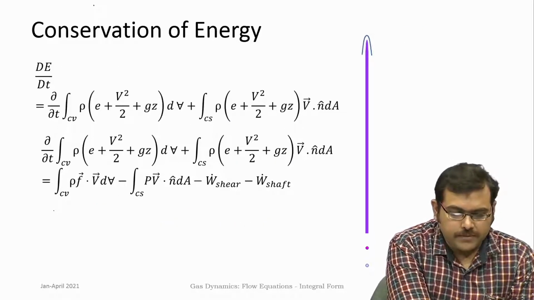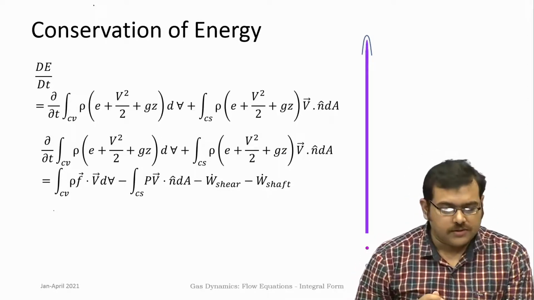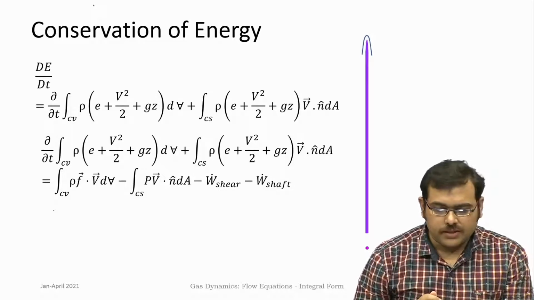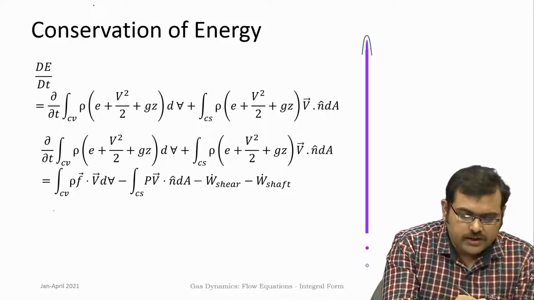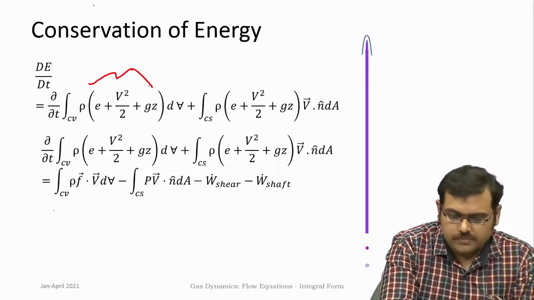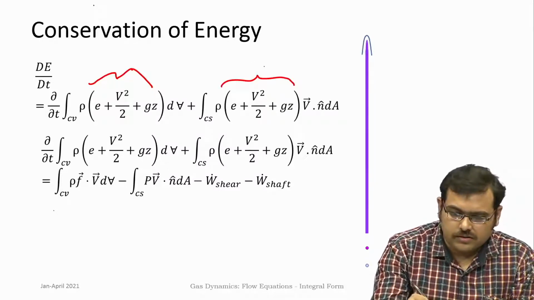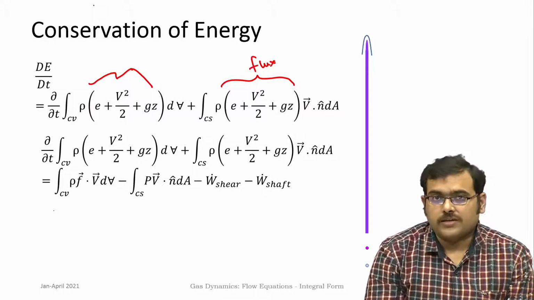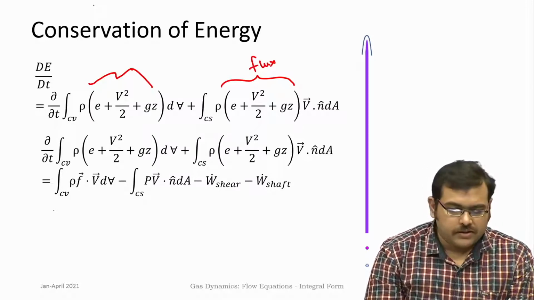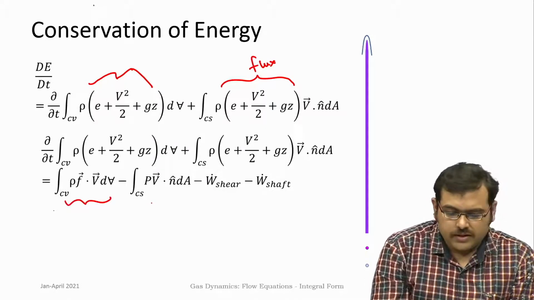That is what is represented over here, where the velocity is inside the integral. Now if you sum that up, what it says is the first law of thermodynamics, where this is the rate of change of energy within the control volume, and this is the total flux of energy that comes across the control surfaces, and that is equal to the work done by different forces,